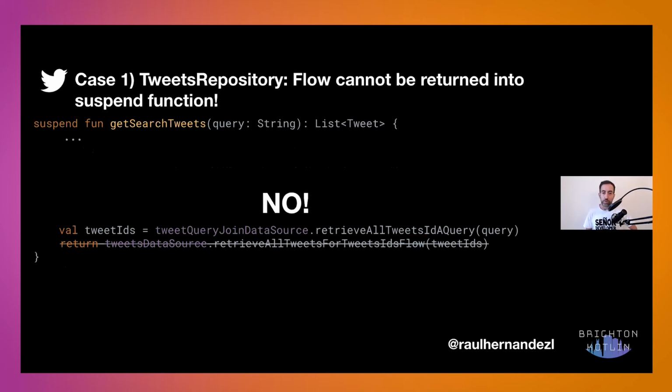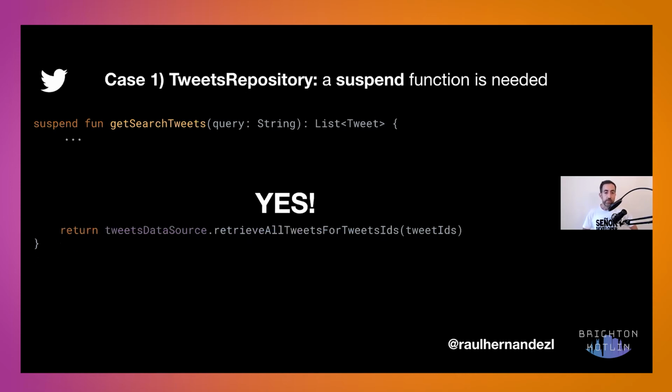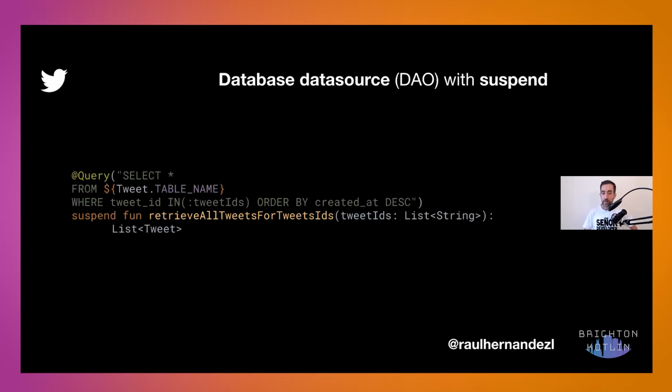really something you want to do, it won't compile either, because suspend functions, if you think about them, need another suspend function to be able to run, or they need to be inside a coroutine context or scope. So you can just simply change that and use another suspend function inside, and that can be right. You can just return a list of tweets in a suspend function, and this will work nicely. Then this is as simple as just returning this with the suspend function, and that should be it.